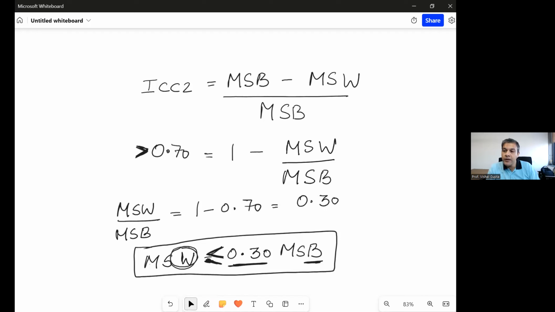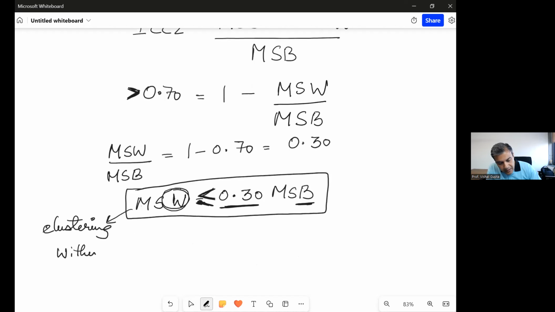So between group variance can be large, but within group variance should not be more than 30% of the between group variance, which is essentially telling us that there is within group agreement, that within group, this is clustering, right? This is an estimate of clustering, what we have been talking about,